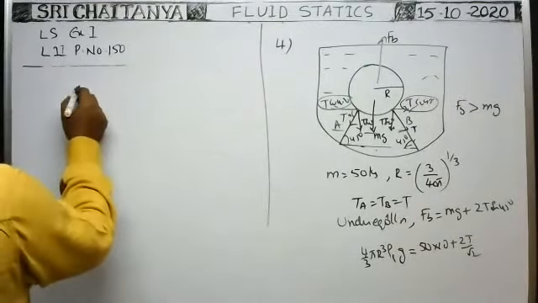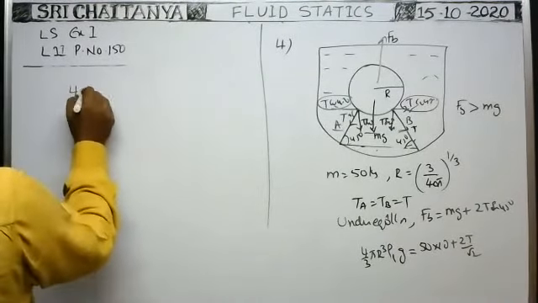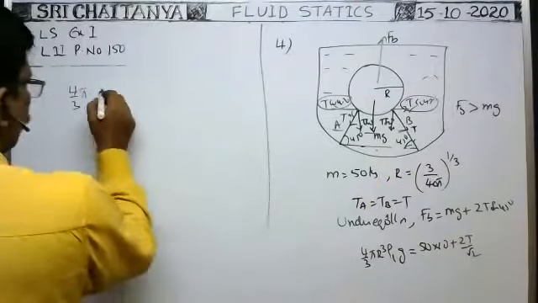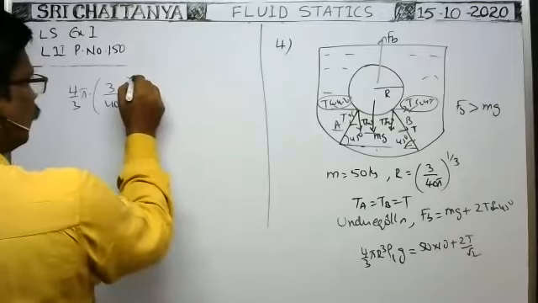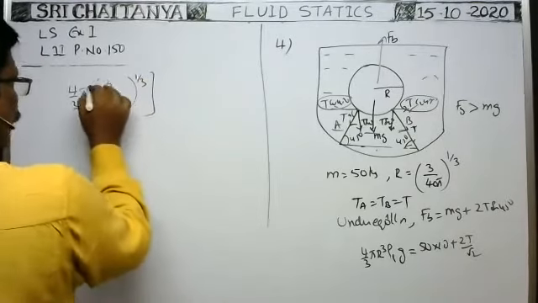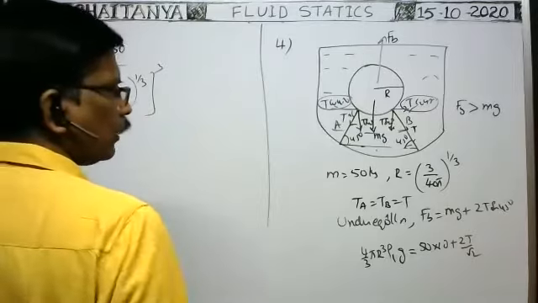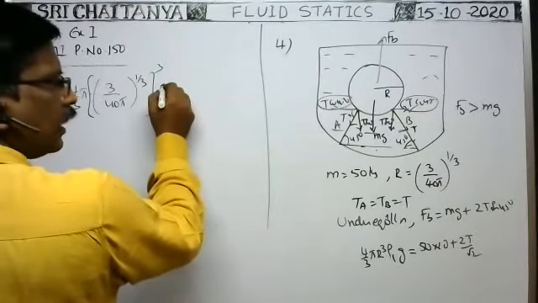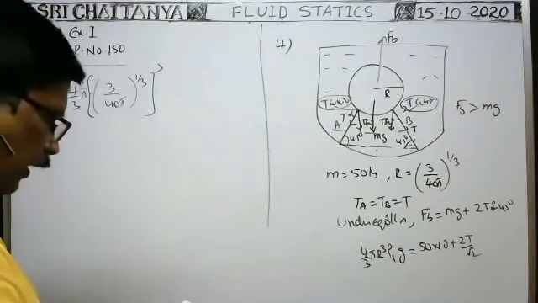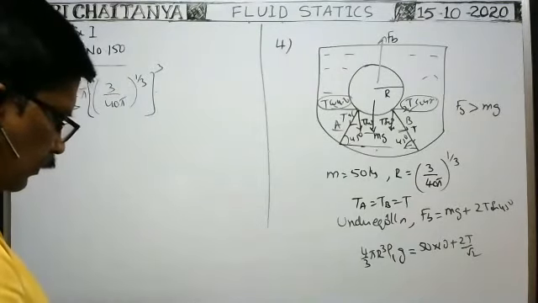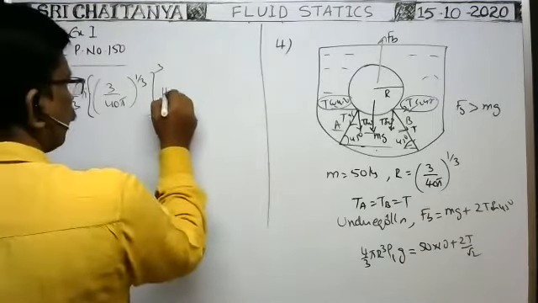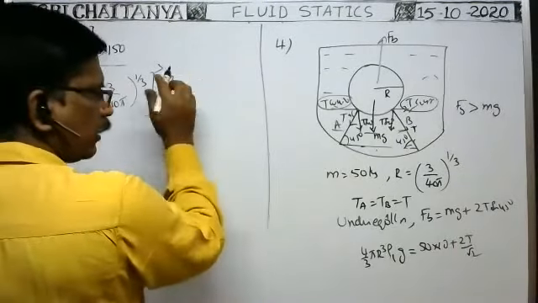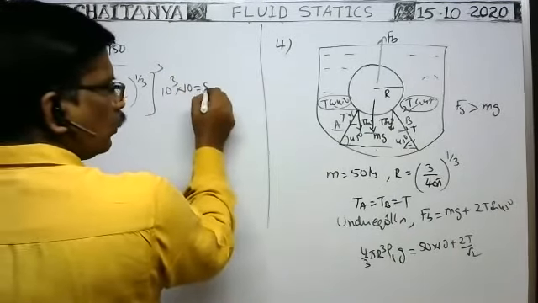We simplify them. 4/3 pi into R cube. R means this one, (3/45) whole power of 1/3. It is the R value, whole power of 3 is there. So that back, into the density of the liquid. So here I think it is water only. The density of water is also given, 10 to the power of 3. Even if it is not given, we can write 10 to the power of 3 into g, 10, is equal to 500